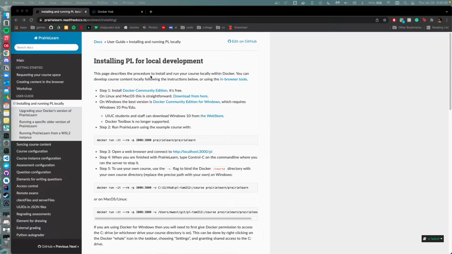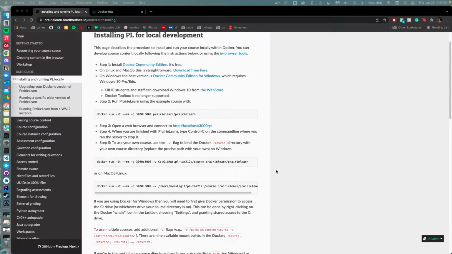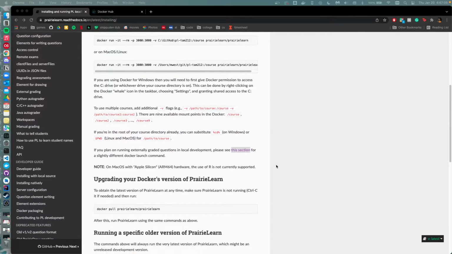So the first thing you're going to want to do is go to this page right here, the PraireLearn docs. And first you're going to want to download Docker. They included a bunch of links here. You can do that. And instead of doing step 2 right here, you're going to want to scroll down a little bit. There's this part where it says if you plan on running externally, then see this section. So if you click on this,